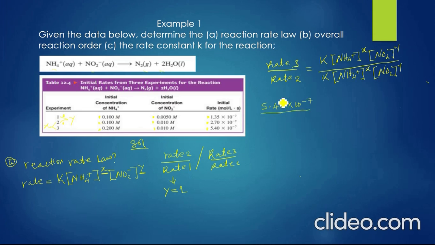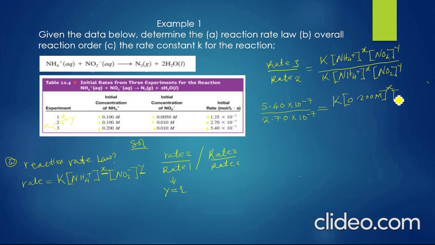Our rate 2 has been given to be this one, so that's 2.700 times 10 to the power negative 7, like that, is equal to, and then here write K. What's our initial concentration of ammonium ion? We come to this table for rate 3, so that's 0.200 molar, like that, and then don't forget your X. And then the initial concentration of nitrogen dioxide is this